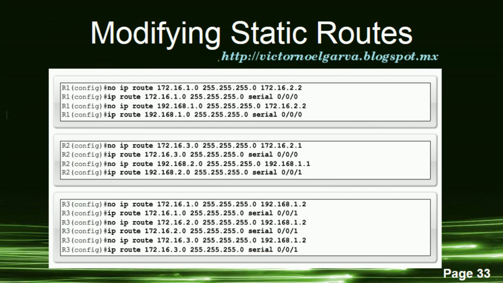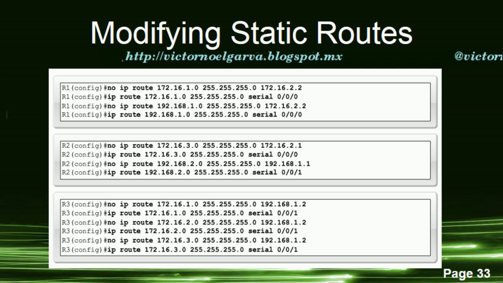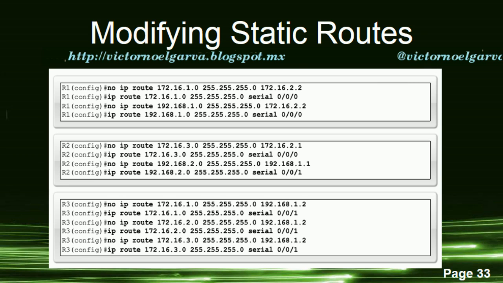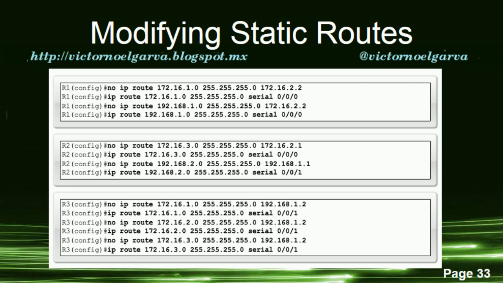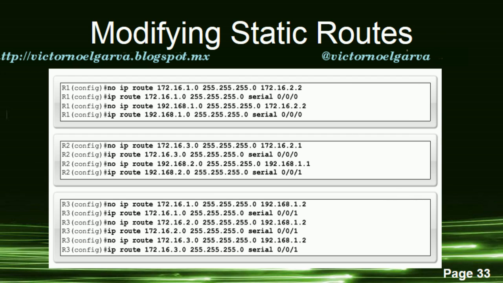Modifying static routes. There are times when a previously configured static route needs to be modified. The destination network no longer exists, and therefore the static route should be deleted. There is a change in the topology, and either the intermediate address or the exit interface has to be changed. There is no way to modify an existing static route. The static route must be deleted and a new one configured. To delete a static route, add no in front of the ip route command, followed by the rest of the static